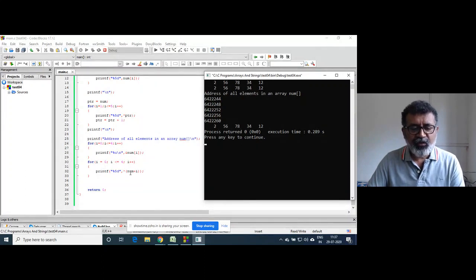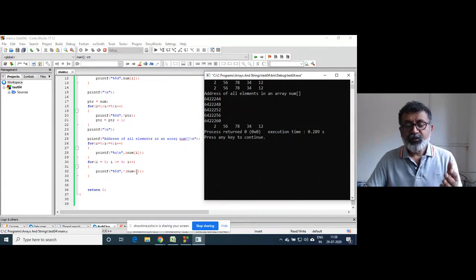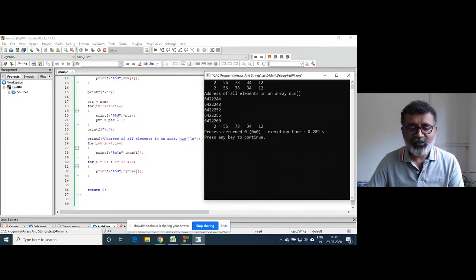The question is now, what does num contain? Num contains 6422444, plus 1. I told you that increment is done on the basis of data type, so 4 bytes. So the value of this expression inside will be 6422448. Star of that, what is that star?